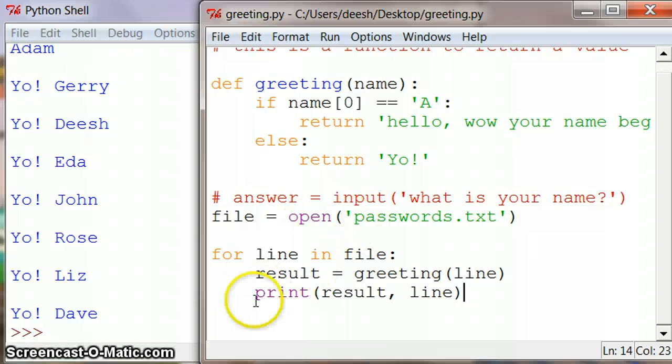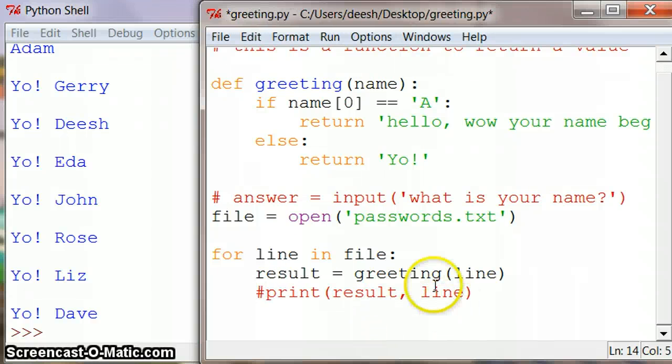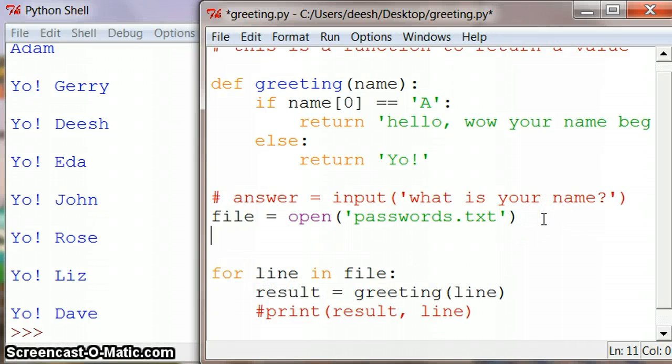What I need to do is, rather than printing, I'm going to just comment this out so the computer doesn't run it. I need to have another file, so I need to give this a different file name. So maybe I'll call it wt for write file. Maybe that's a good name to give it. And again, I need to open the result file, so it's called